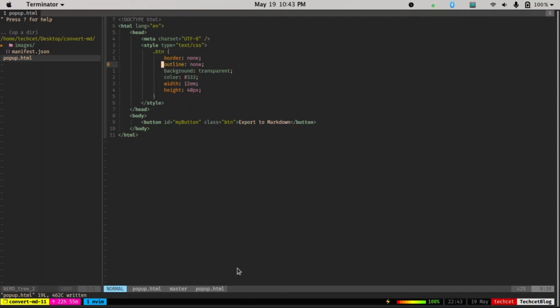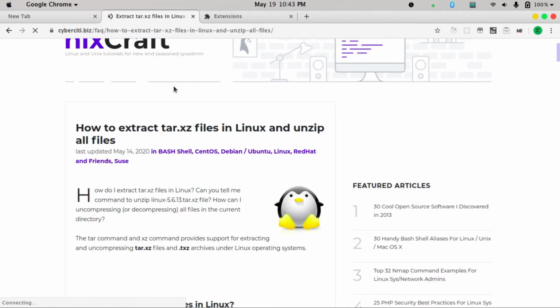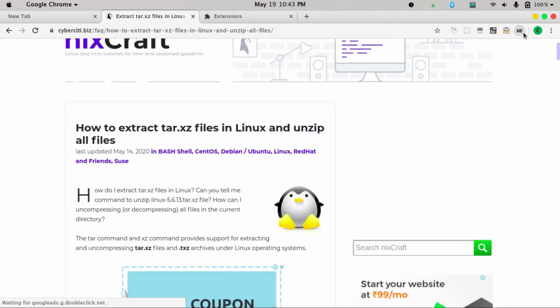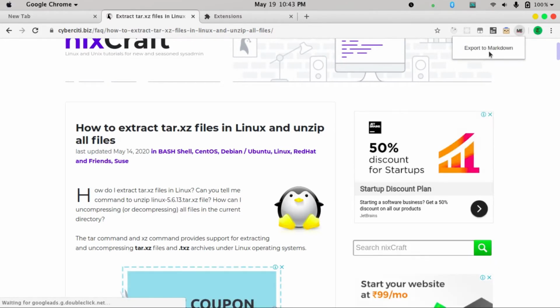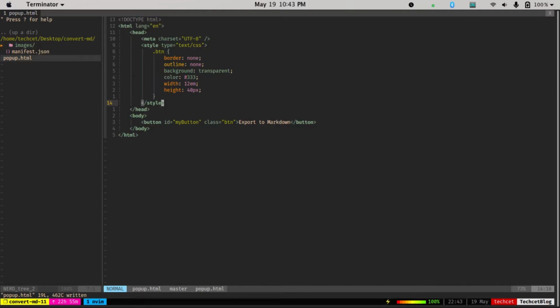So if I go to the browser and reload this, you can see we have this export to markdown here. And if I go to our text editor, you can give this cursor pointer,